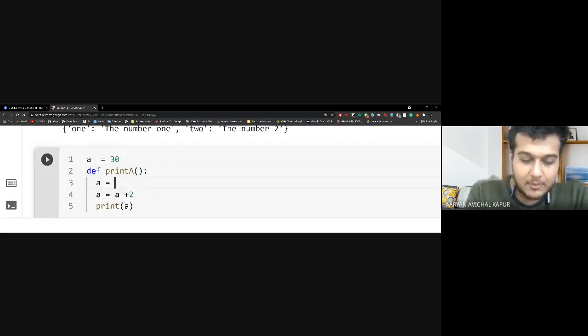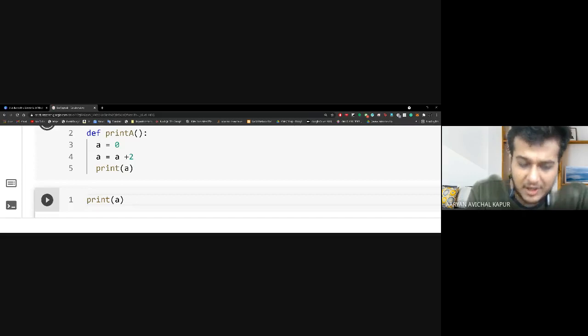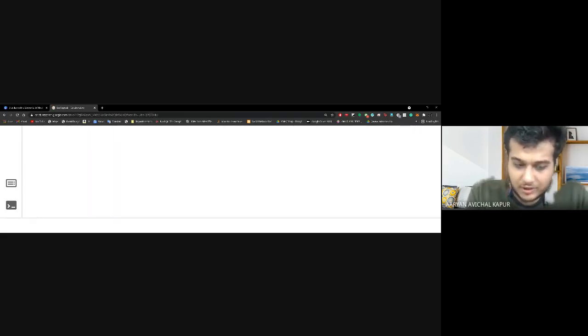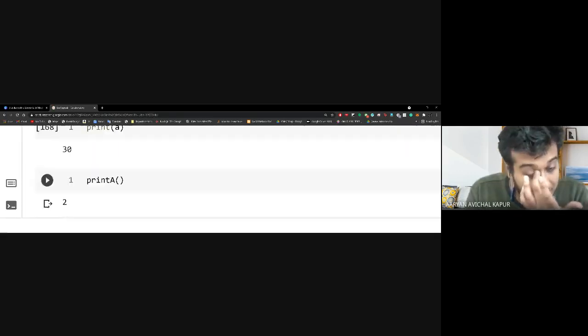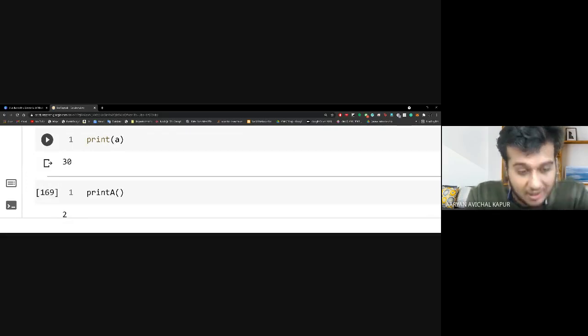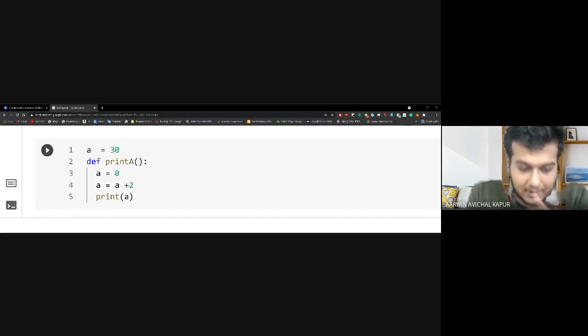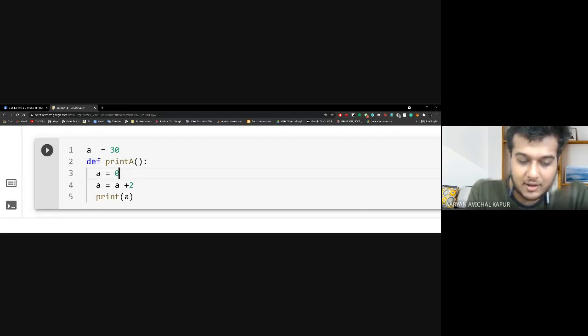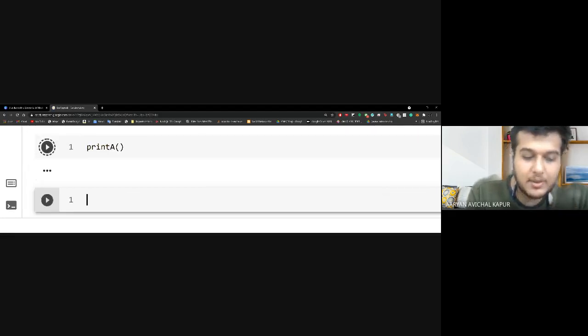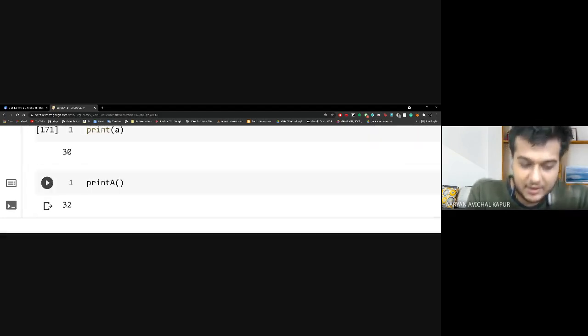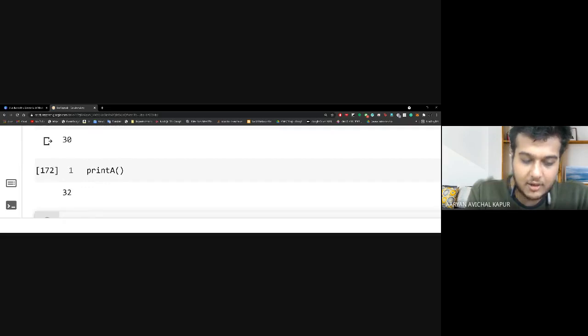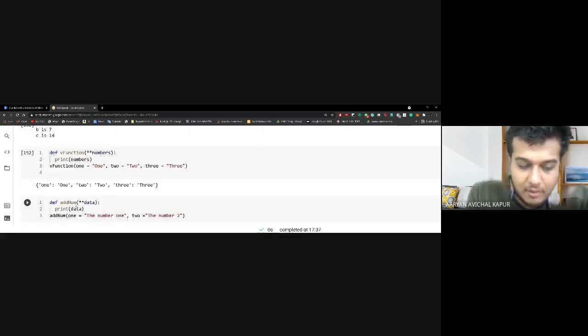One way to solve it is simply to define a as 0 here, or a as anything here, and use it. That will give me an answer, but that is not what we're looking for. Now for it to access the global variable, we simply write global a, and now it will be able to update everything. So you'll see 30 and now it becomes 32. So this is how global variables work.